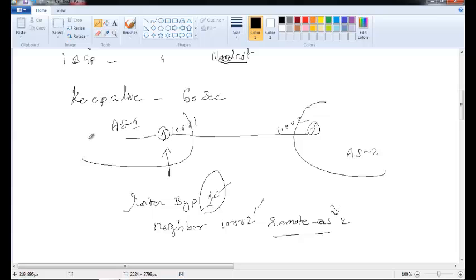Let's say we have another router here, and this has got 100.0.0.10, and this is 100.0.0.1. Now when I say neighbor 100.0.0.10 remote-as 1,